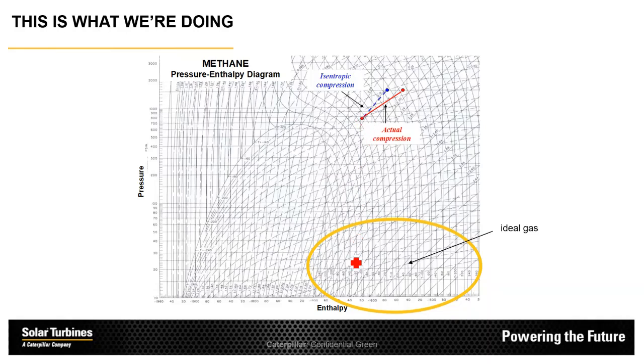If I then just go straight down and look at the difference in enthalpy between the 2 points, that is the amount of work that I have to put into the gas. An isentropic compression is an ideal compression,